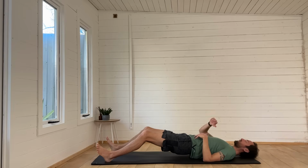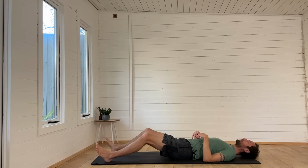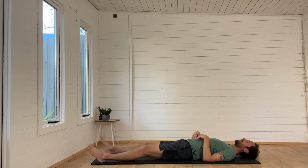We're nearly there. Last 15 seconds. Keep breathing. If you need to take a pause at any point, you can do, but it should start to burn. That's normal. It's okay. The last 5 seconds now. 3, 2, 1, and release. That was a burner. Okay, have a little bit of a wiggle, and then we're going to come up onto